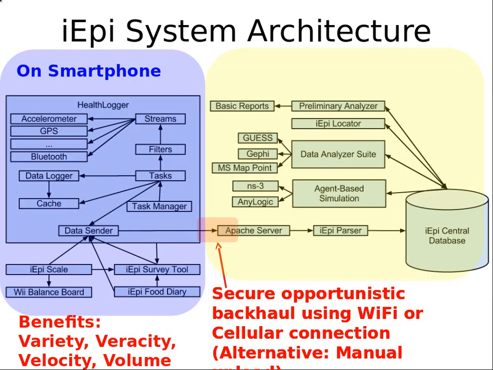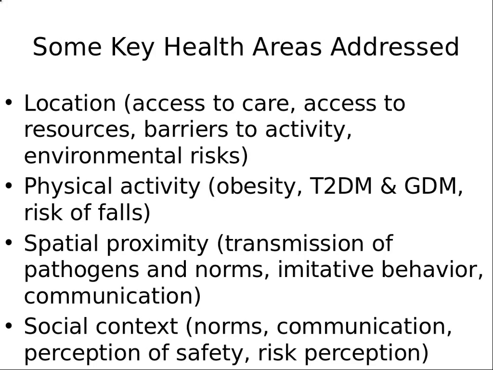So the variety, the veracity of the data, the fact that we know with accelerometry the data is much more accurate than self-report, for example. Same thing with contact patterns with people's location. The velocity of the data, the fact that we're getting data every few minutes as opposed to once a month